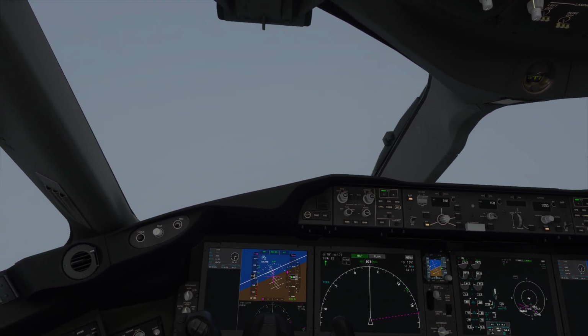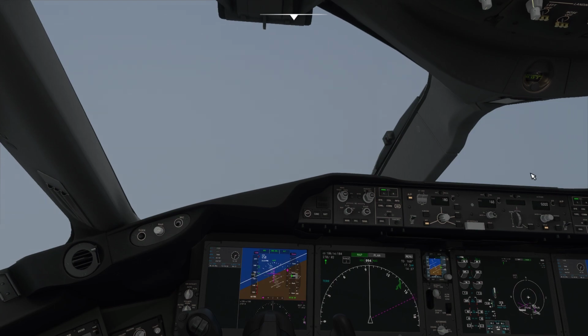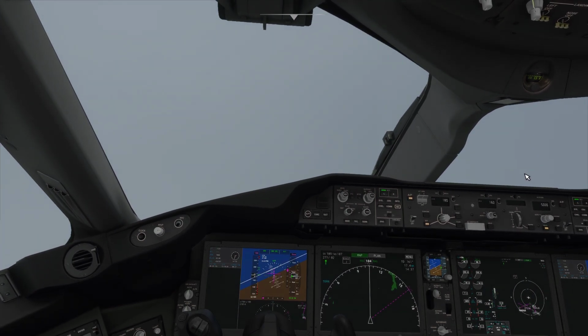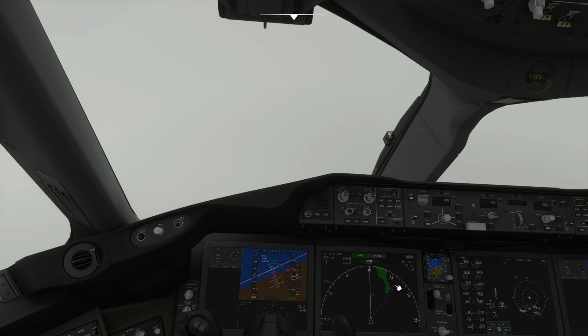And pretty much once we're established on our base leg, I'm going to go ahead and click on localizer mode, as always, so that we could get captured. So that once we're captured with the localizer, the aircraft is going to start turning towards the runway in use for RK's 25 right. We're just going to wait for that to come across to